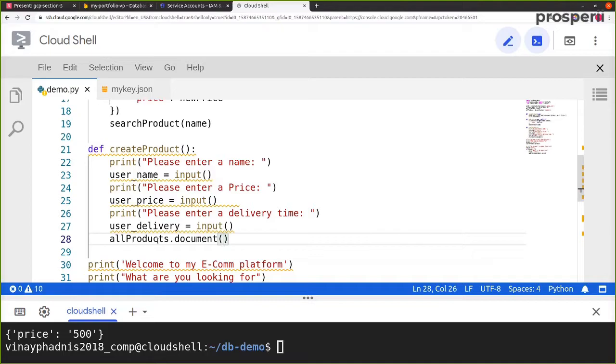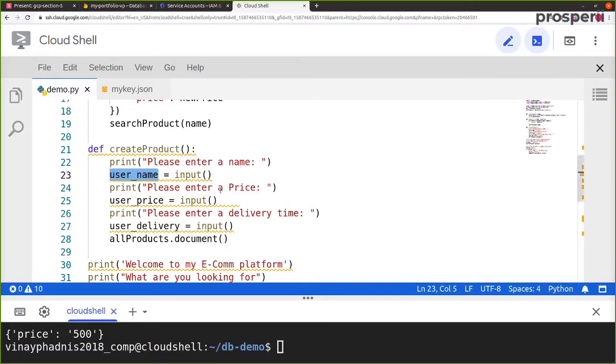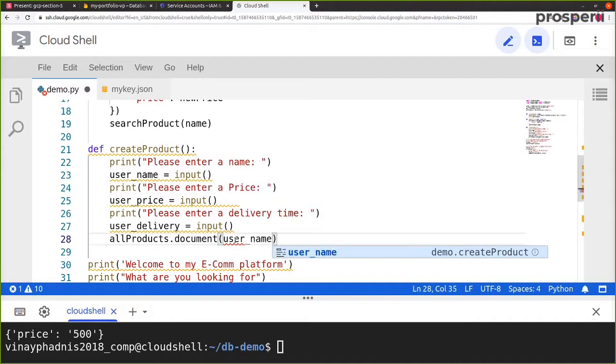Okay, so over here we have all products dot document, and inside all products dot document, let's pass in the name of the document. So if you look at Firestore, then the name of the document is essentially the product that we are searching for. Okay, so over here the name of the document is user underscore name. Then after giving in a name to this document, now we want to assign some data to it. So to assign some data, we use the dot set method.